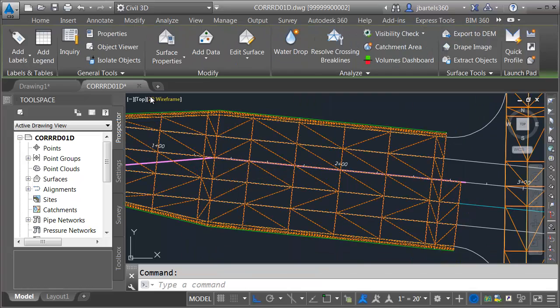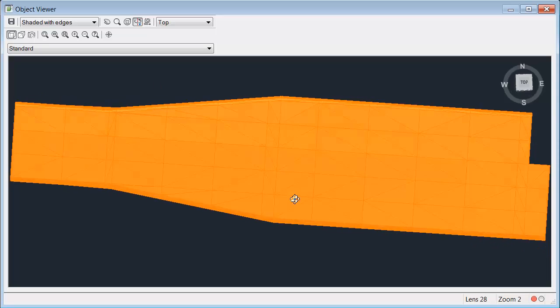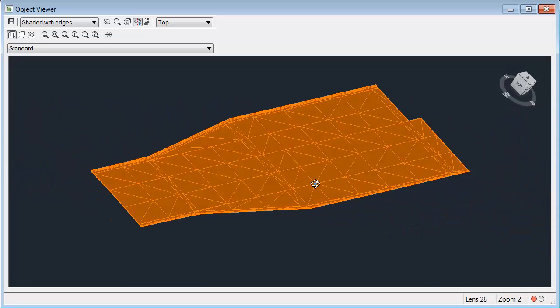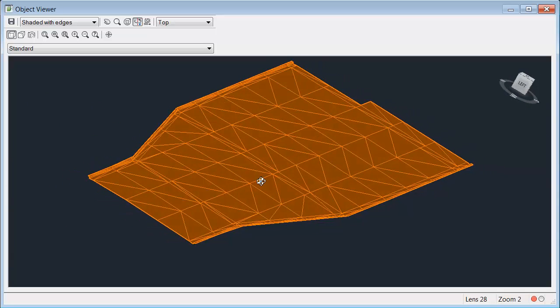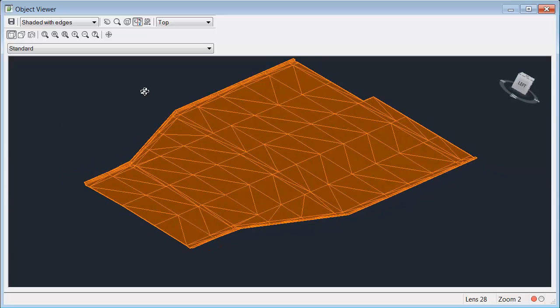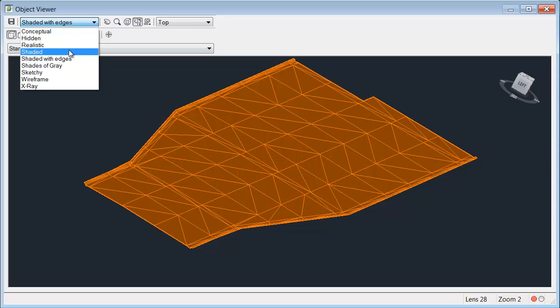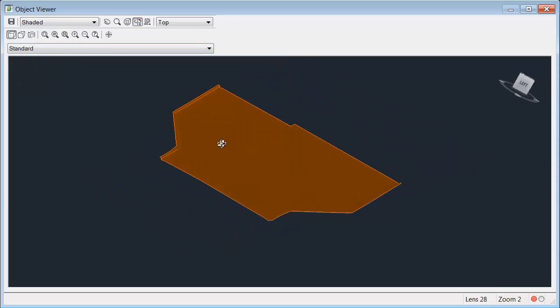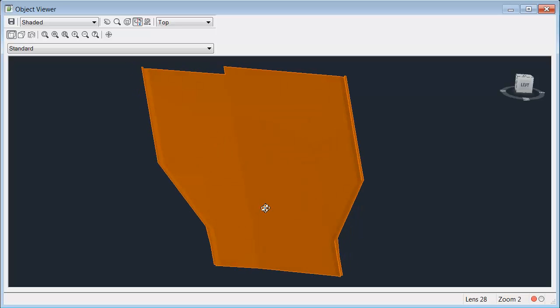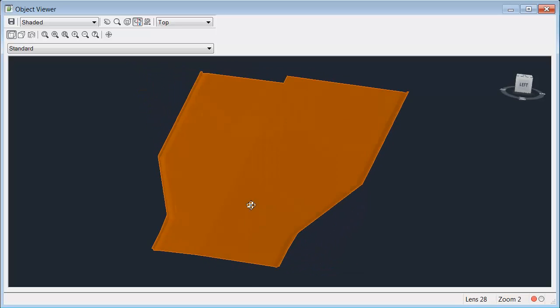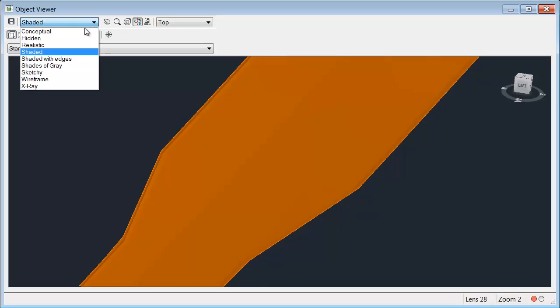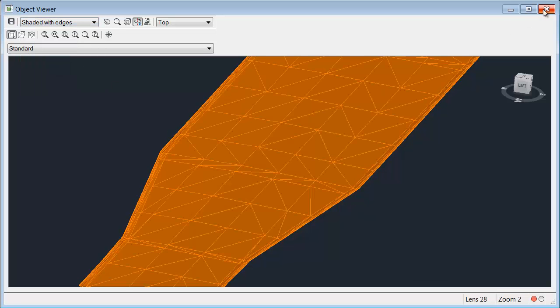I'll select the surface. I'll choose Object Viewer, and then we'll tip this up and spin it around. Looks like we have good definition on the curb and gutter. Currently I'm viewing this model using the Shaded with Edges visual style. I'm going to flip this to shaded momentarily. And if I spin this around, we can see the crown of the road. So this looks good. Let's put this back to Shaded with Edges, and then I'm going to close the object